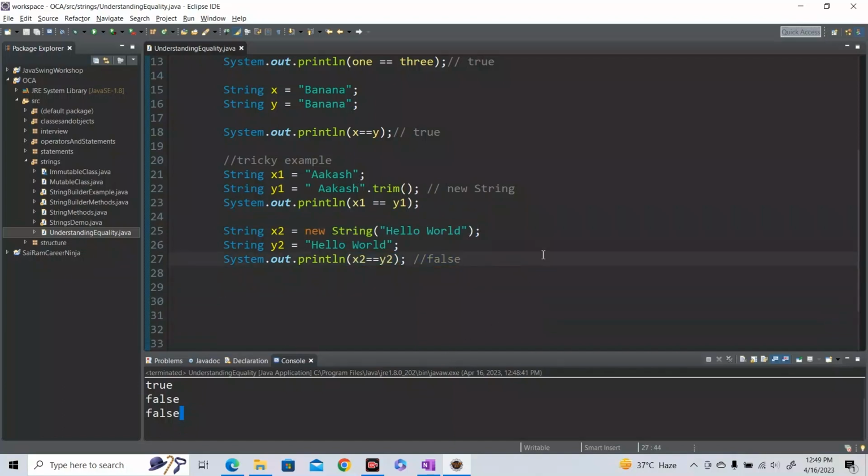Now what is the takeaway of this particular lesson? Let me write it down over here. The lesson is to never use double equals to compare string objects. And remember that every time you are working with strings, always use the equals or the equalsIgnoreCase